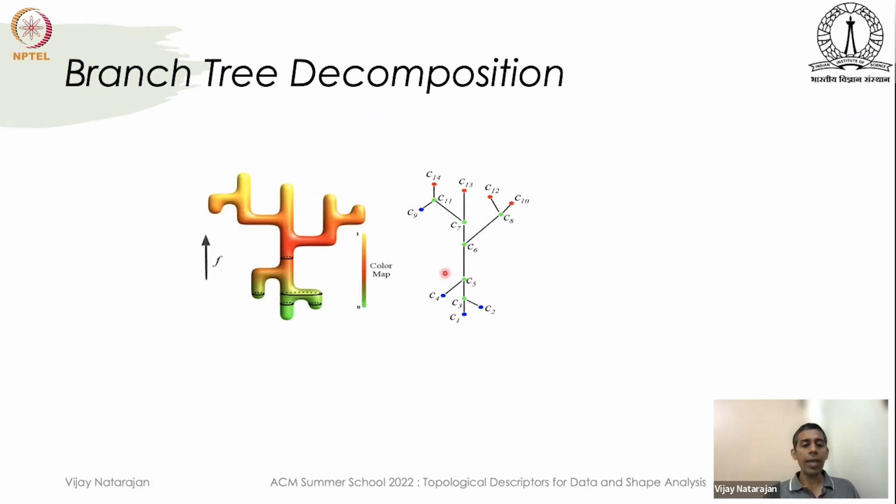We have a domain here, looks like a cactus with the height function for simplicity. And the contour tree is shown on the right. You can see there are 3 minima here. There's one more minimum here that corresponds to this particular point, and multiple maxima. The branch tree decomposition is a representation of the tree